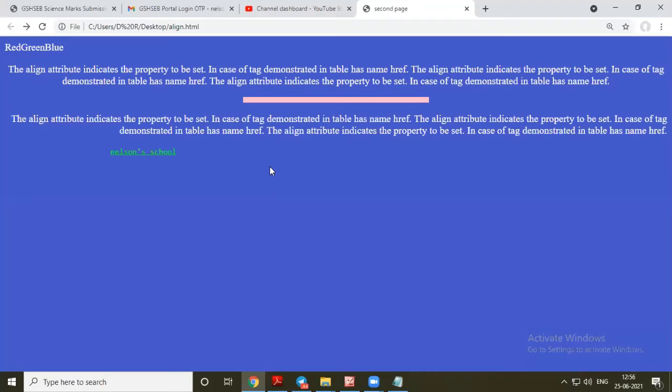Pixel you might have heard, but what actually is a pixel? The full form of pixel is picture element. Whatever you can see on this screen, the whole screen is divided into very tiny dots, and each of these dots can take an individual color value.